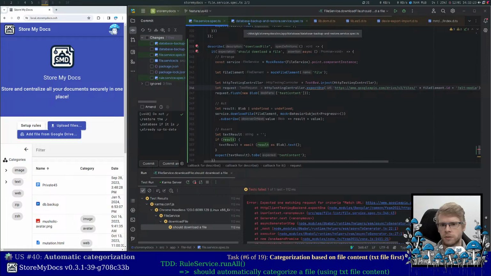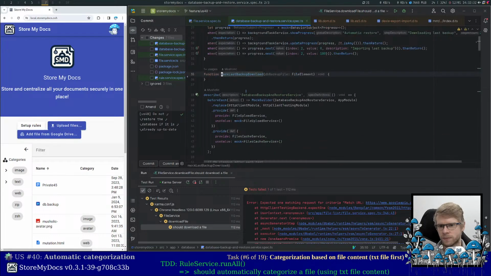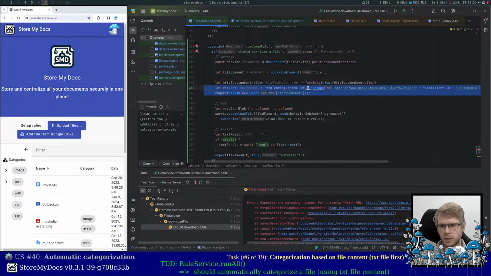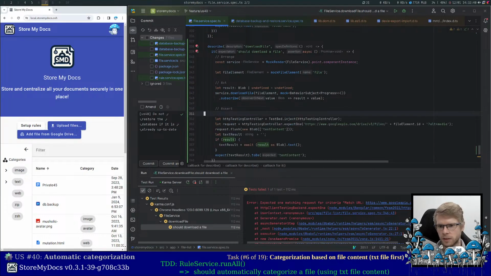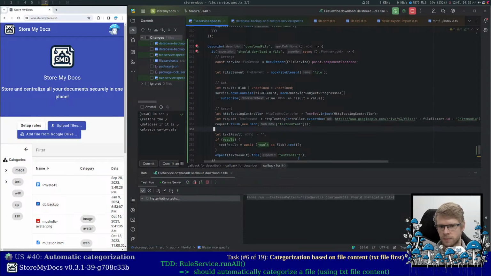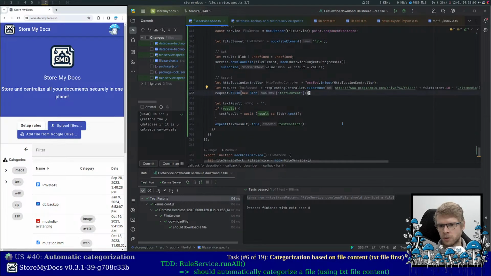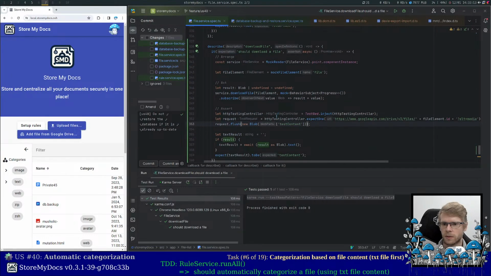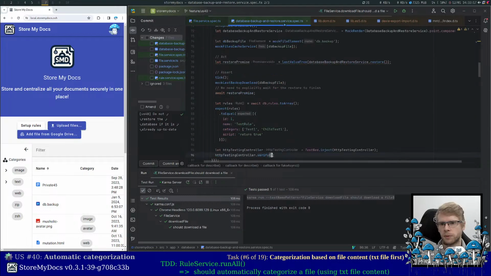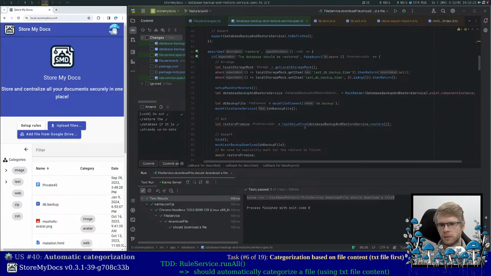I forgot to flush. Where is it? Okay. I forgot to do this later. Actually, I need to do this here, because that's the way the HTTP testing controller works. Which is fine for me. Yeah, the test is green, so that's it for the refactor in the file service, but now I have to change the test from